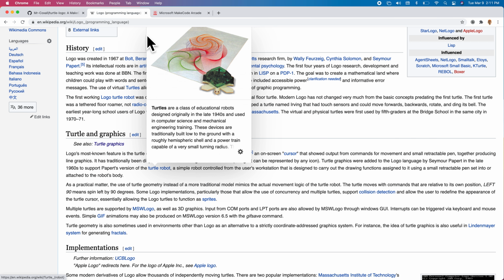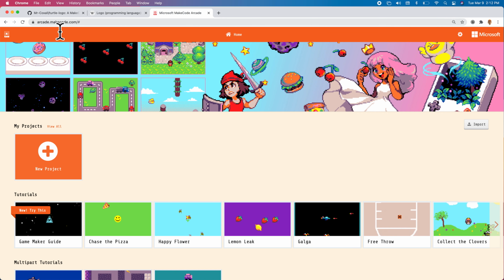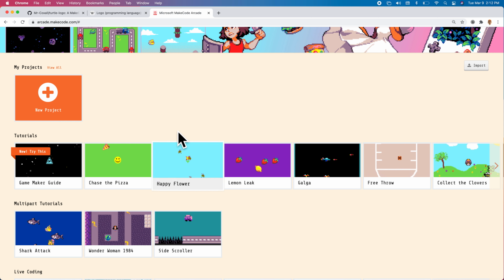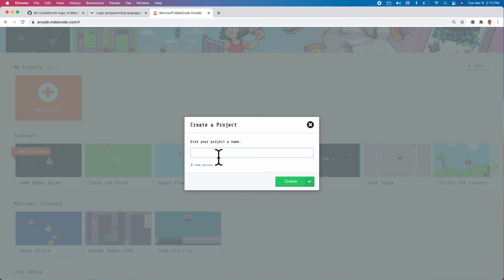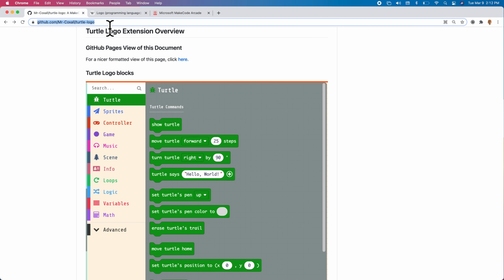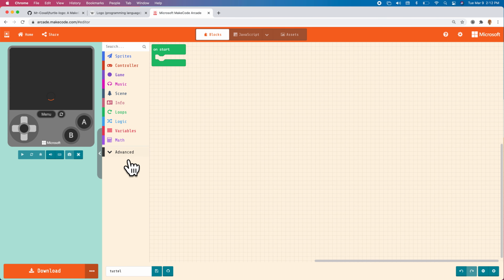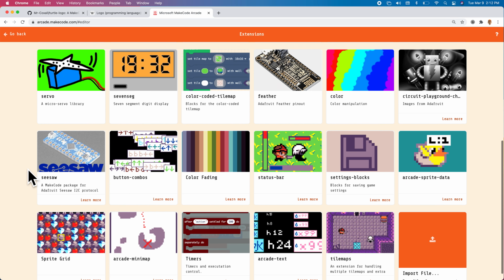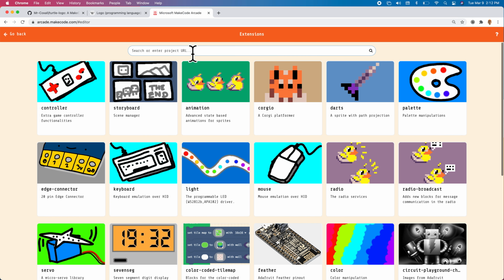drawing on the screen. So Microsoft Arcade is a program used for making 1980s style arcade games, and you can make extensions for this. So if you go back to this URL and copy it and then go to extensions, hopefully it might show up here eventually, but for now, if it's not there, if you just drop that URL in and press enter,